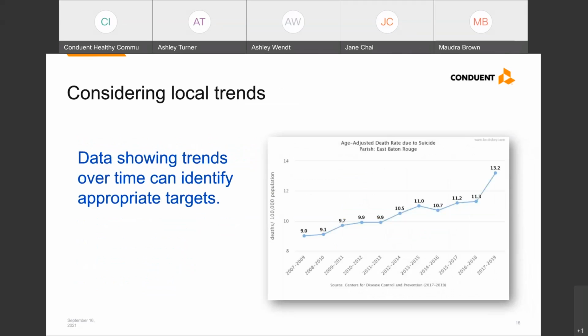Understanding trends in community level data is also important to setting reasonable targets. Objectives often set targets to increase or decrease a metric to show improvement. However, if trends in your local region have been worsening at a significant rate, you might want to consider a more realistic objective to stabilize the trend or even reduce its rate of increase. Madra, can you talk about how you transition from looking at these local data to setting some goals and objectives?